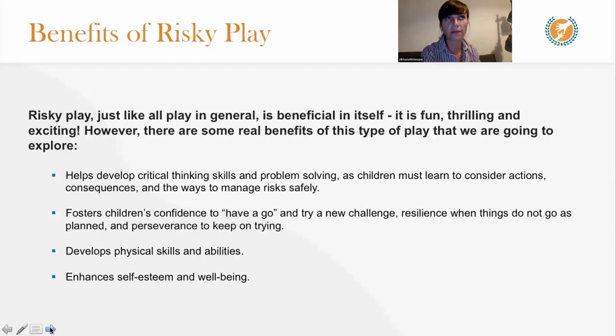Because if this is not in place, then it's very difficult to feel confident and reassured of your own abilities as a person, not just as a child, but as an adult as well. So when it says that risky play enhances self-esteem and well-being, it means that children attempting something they have never done before, on the borderline of feeling out of control, often because of height or speed, overcome fears.